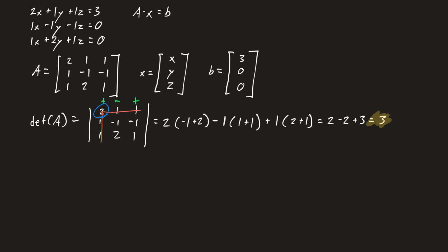Like I said before in the beginning of this video, the nice thing is we don't have to find the inverse. All we have to do is replace the answer column vector B, which is 3, 0, 0, into the column of the coefficient matrix for our unknown. In this case, I want to solve for the unknown variable z, and z corresponds with the third column of our coefficient matrix. So we're going to take B, 3, 0, 0, replace this column of A,